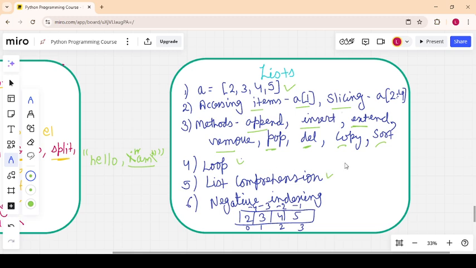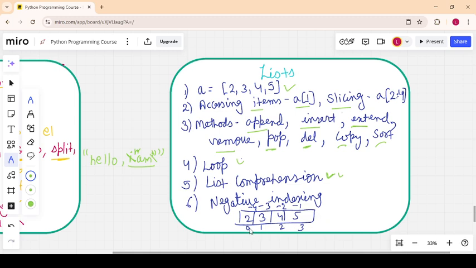If you want to write a concise list, list comprehension is a short syntax used to create a new list from an existing list by performing some operation. It is a very concise way. Try to use it. And negative indexing, I explained earlier as well. Suppose I have 2, 3, 4, 5 as a list.